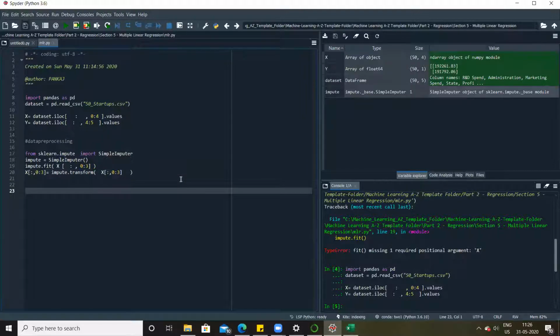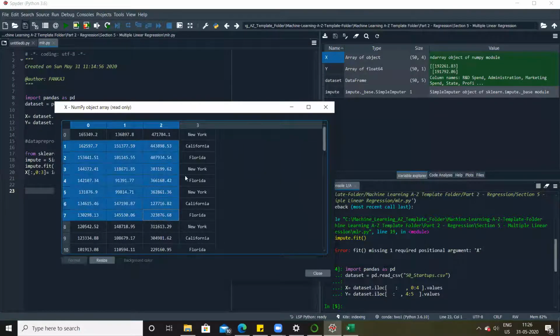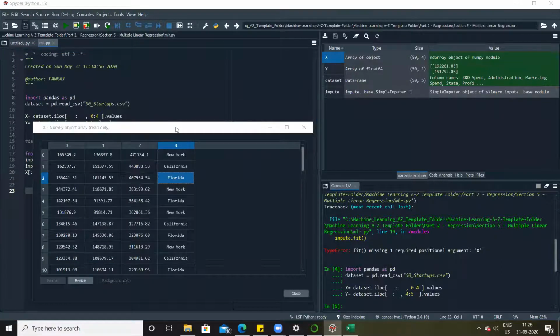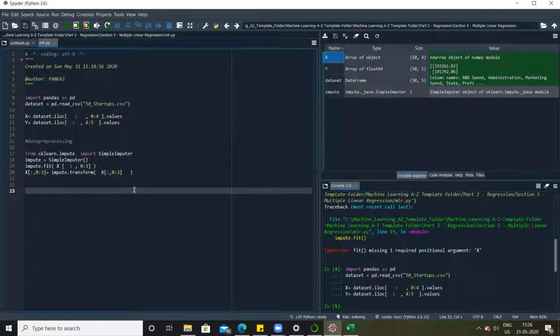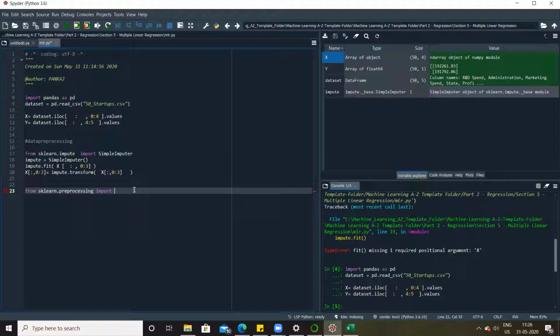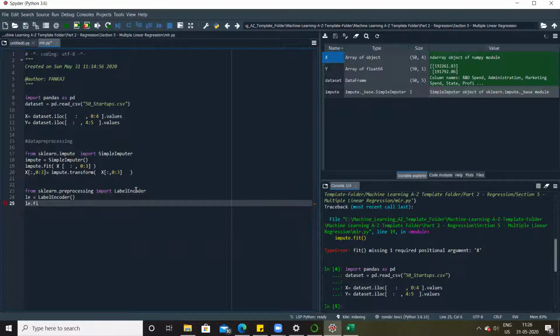After this, what we have to perform is label encoding, because even if I have handled missing data, I still need to handle text information. So I'll be performing label encoding here. I'll say from sklearn.preprocessing import LabelEncoder. Then I'll say le is equal to LabelEncoder(), le.fit.